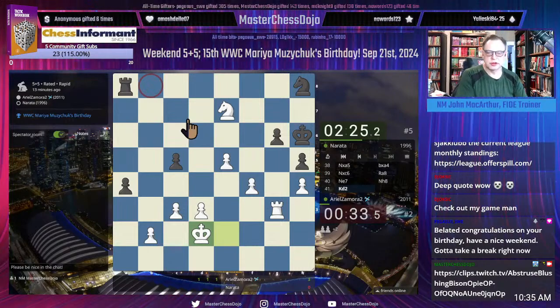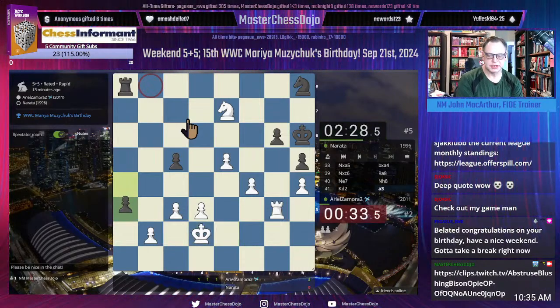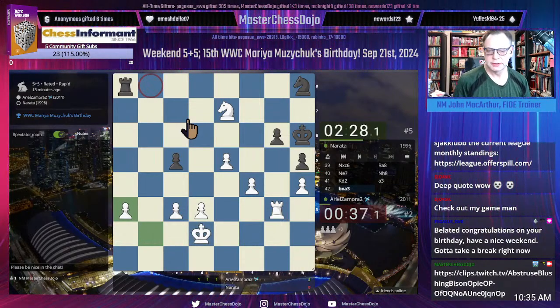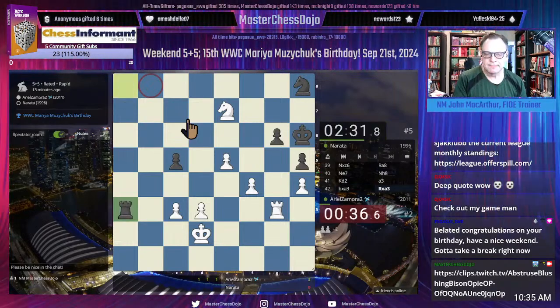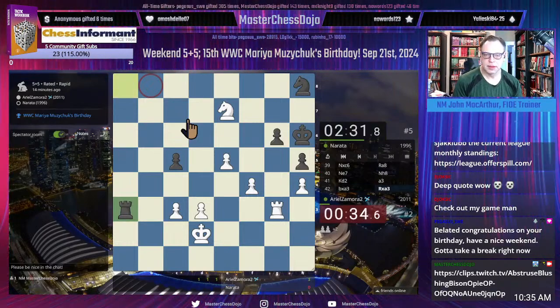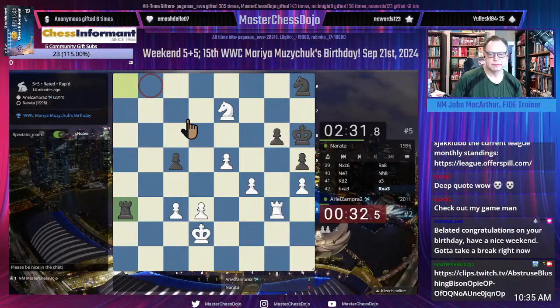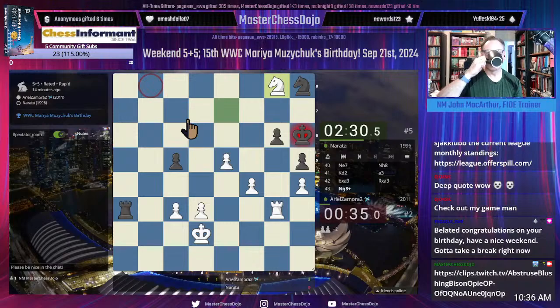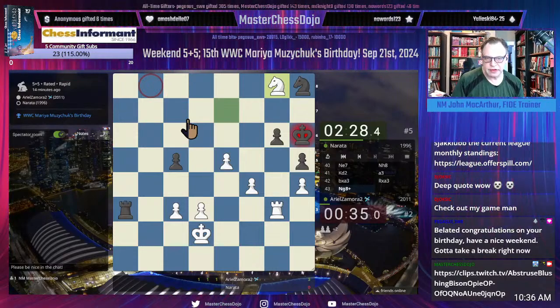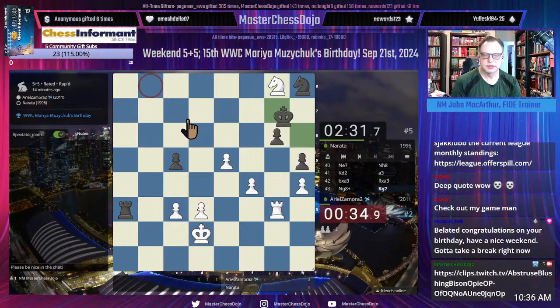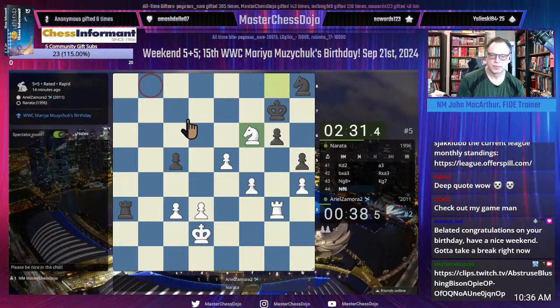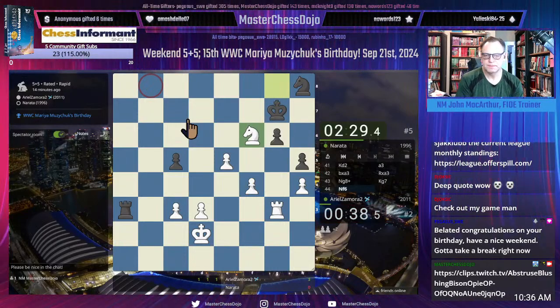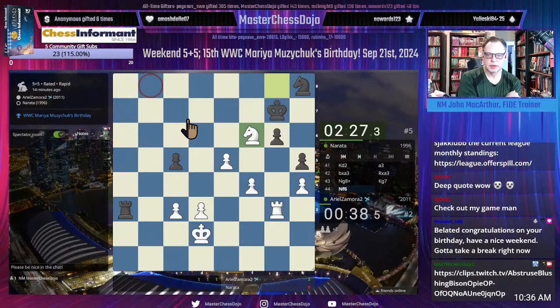So this is the first clue that Ariel Zamora might be paying attention to the stream. Still looking at f5. f5, f6. With a small threat, two different directions.